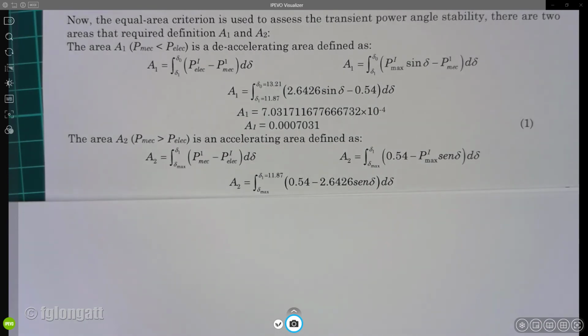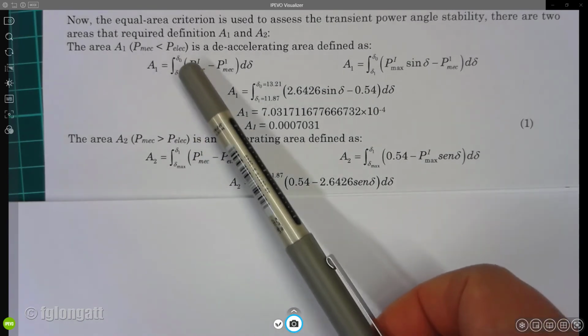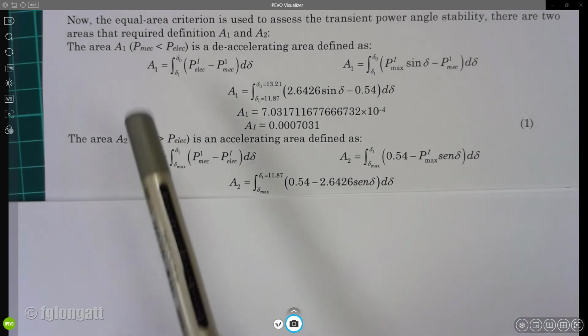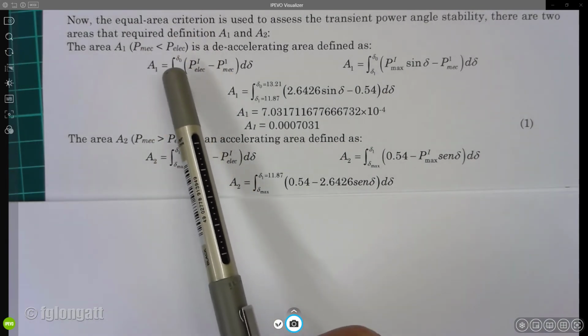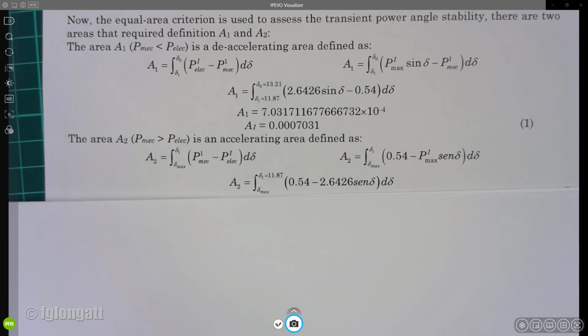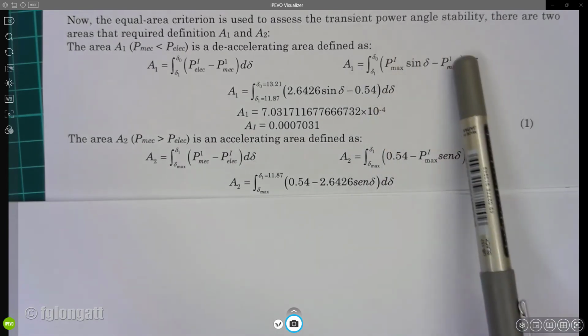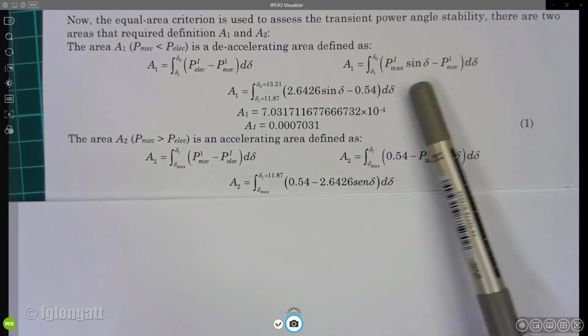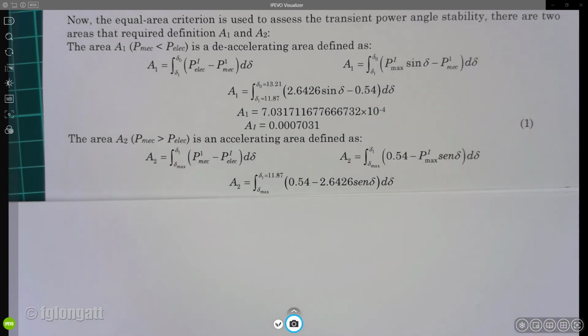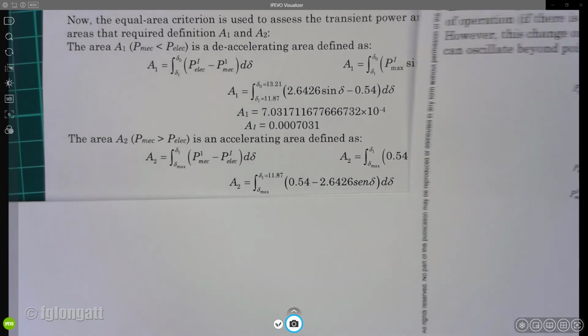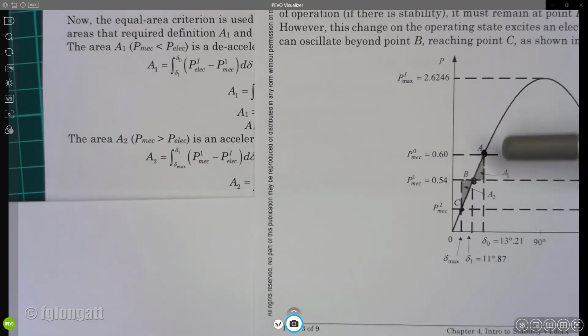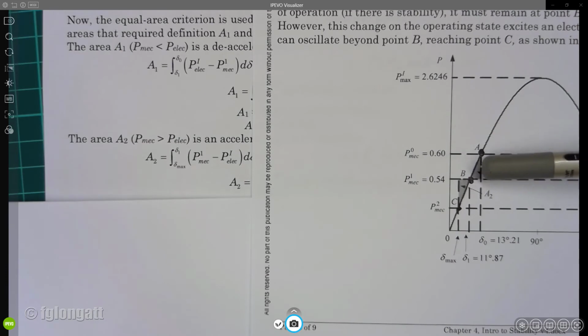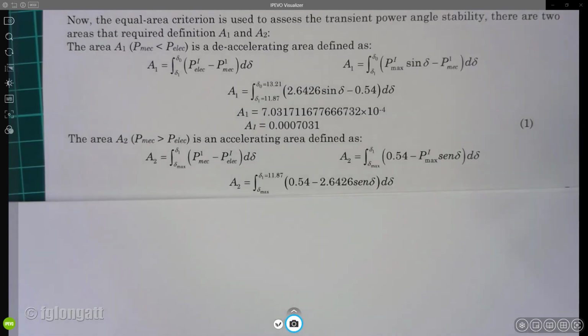We know a lot of mathematics. We need to define the area A1. The area A1 is calculated between delta 1 and delta 0, and is basically the difference between the electrical power and the mechanical power. Very simple, as I say to you. This is a constant area, this is a number, and here you have the demonstration. When we put the numbers together, that area is